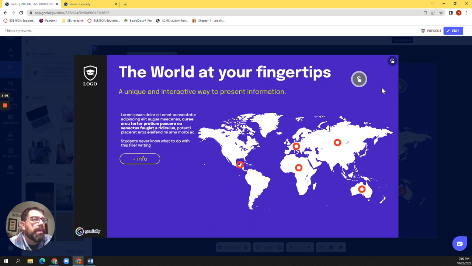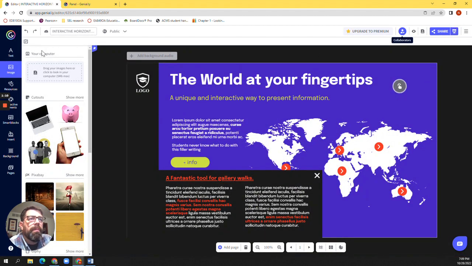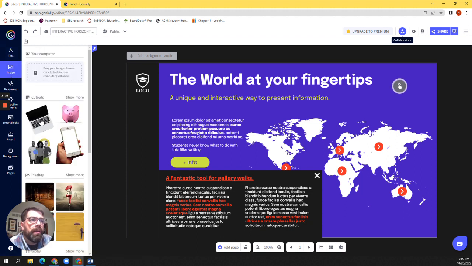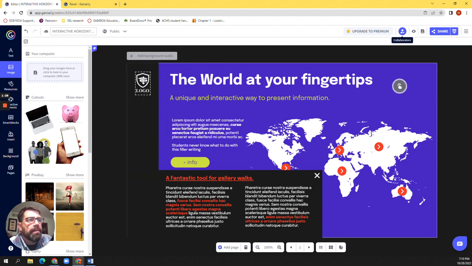So as we look at this, there's a number of ways that we can access the information. And the bar over here on the side is where a lot of the resources are kept. But one thing that I've noticed is if you try to insert an image in here instead of this logo, the size of it is not what we're going to want. Instead, it's going to be a lot easier to click on the elements from the template and be able to